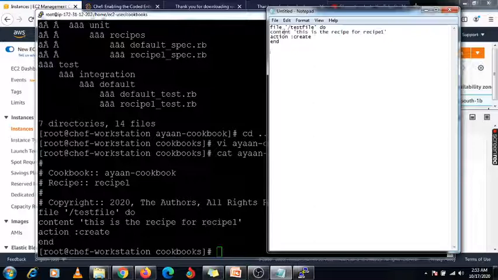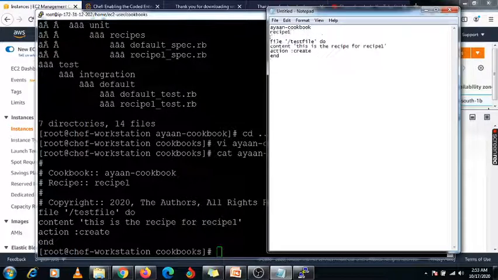Okay, so this is my recipe 1, and this recipe I have created under this Ayan hyphen cookbook. So this is my Ayan cookbook recipe 1. Under this recipe 1 we have created this data, right? So we are creating one file with the action create, and these are the contents available.